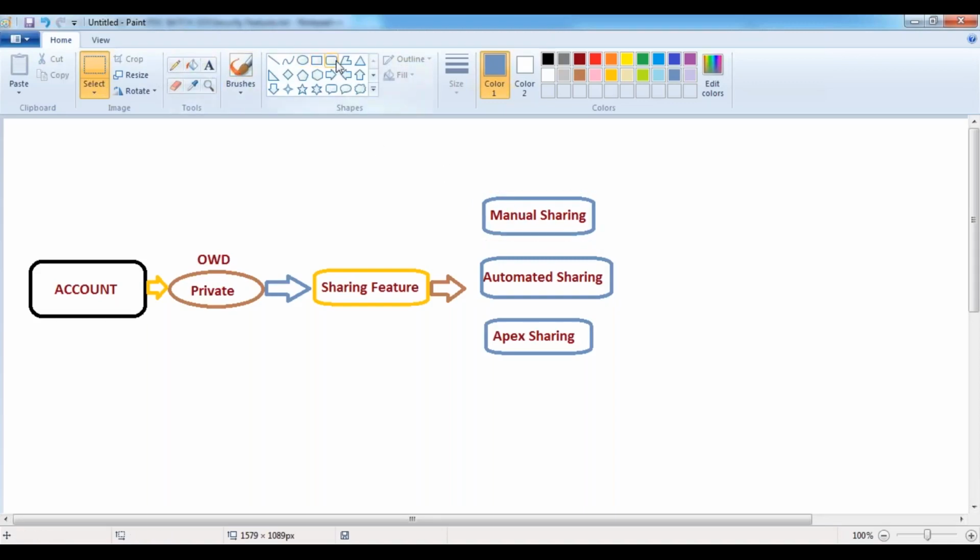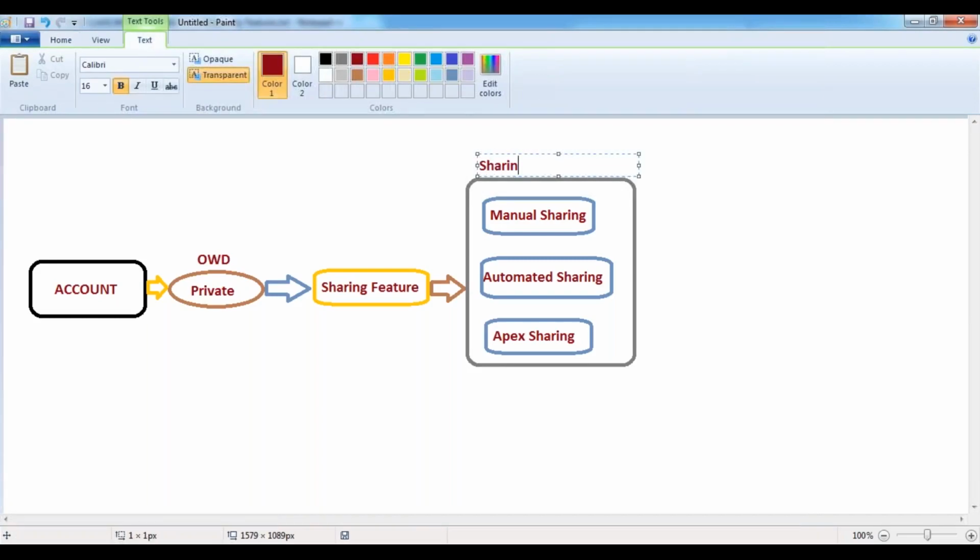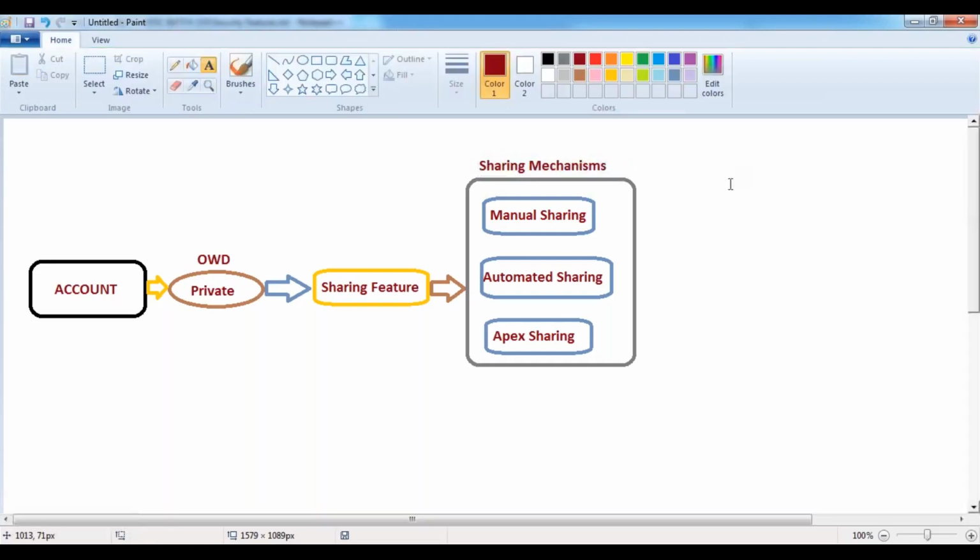Three types of sharing mechanisms are available inside your Salesforce instance. Whenever you want to share a record, you have these three ways.